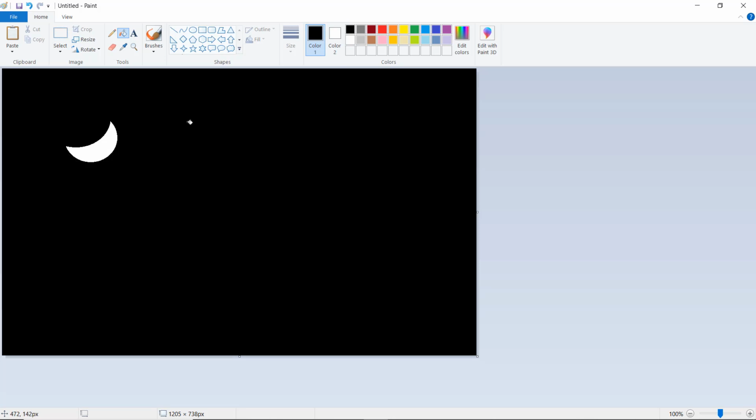Then for drawing different stars, click on brushes and select the first option, brush. Go to color palette, click on white color. Okay, and then you have to simply randomly draw the stars. If you want to draw some